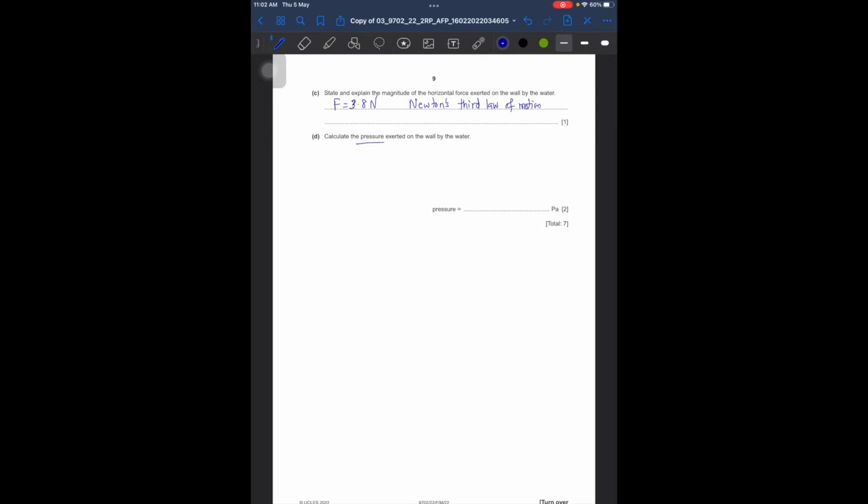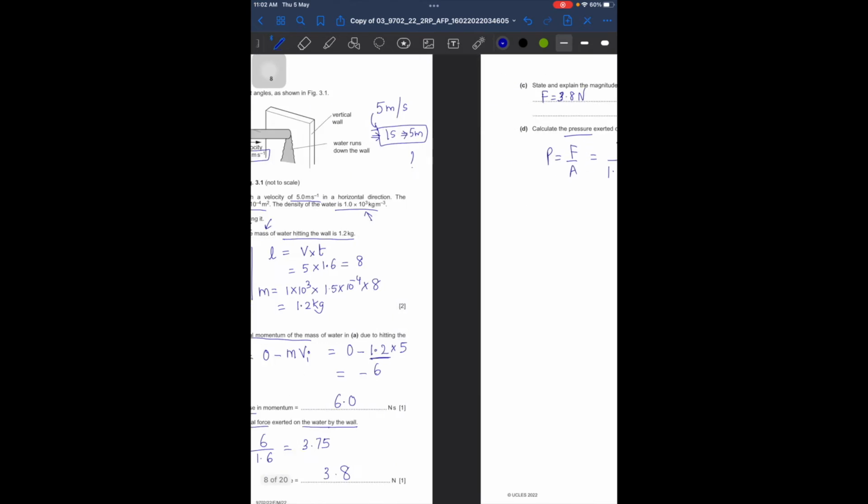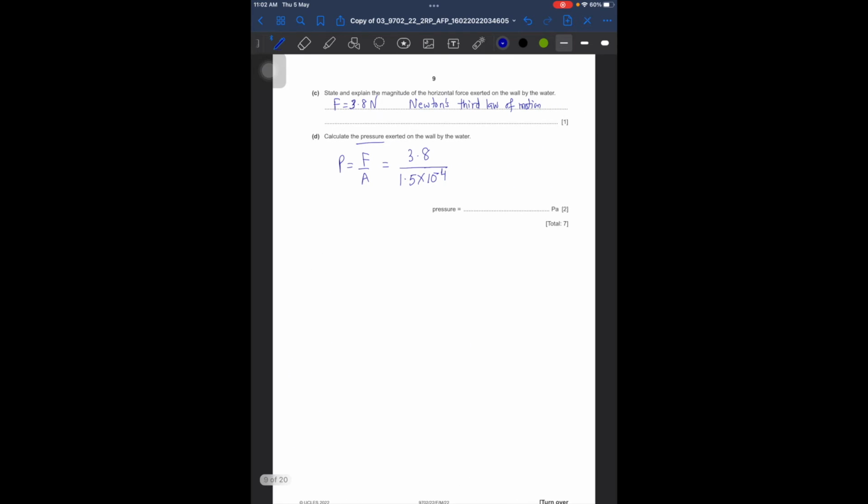Okay, then next is pressure. Pressure is force over area. Force we got it as 3.8 over area of cross section is given to us in the problem, 1.5 into 10 to the power -4. Let's just check. Yes, and we can calculate that